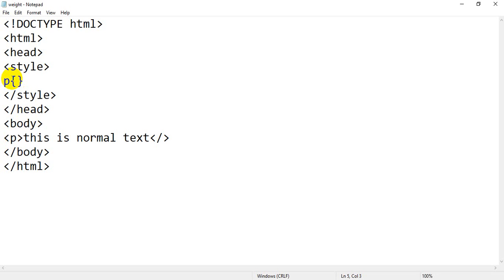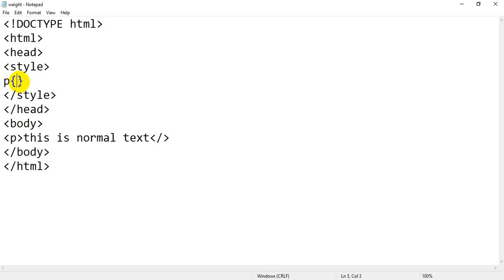Why? Because it's the style of CSS, the rule of CSS, the syntax of CSS. First we have to assign what is P here. P here is a selector, and the opening and closing curly brackets mean it's a range in which you have to define the property. You can assign a number of properties between these opening and closing curly brackets.